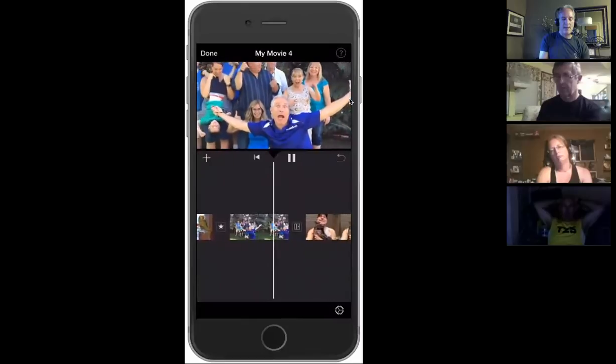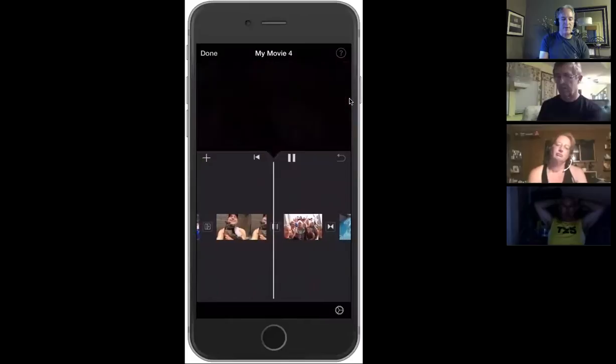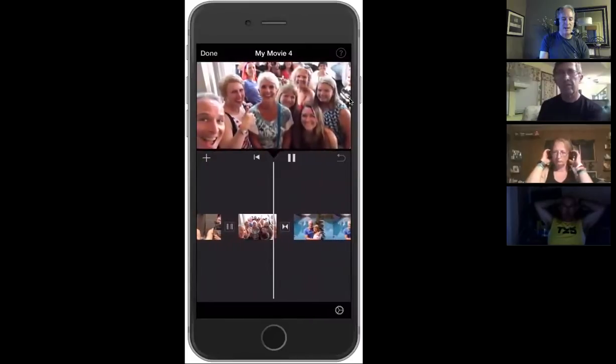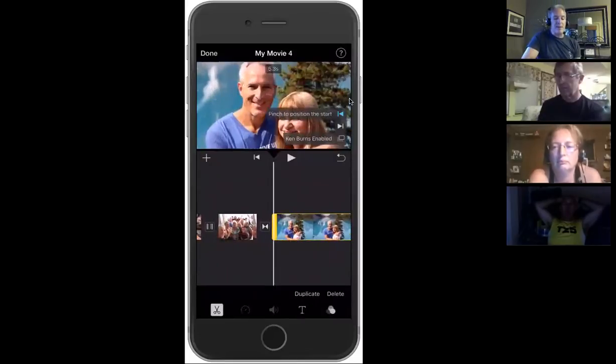Fade to black. Little swipe. Should be double bars of some sort. Nope, that was a fade to black as well. Cross dissolve. Okay, so you've got some different things, and you can click on any one and just click on